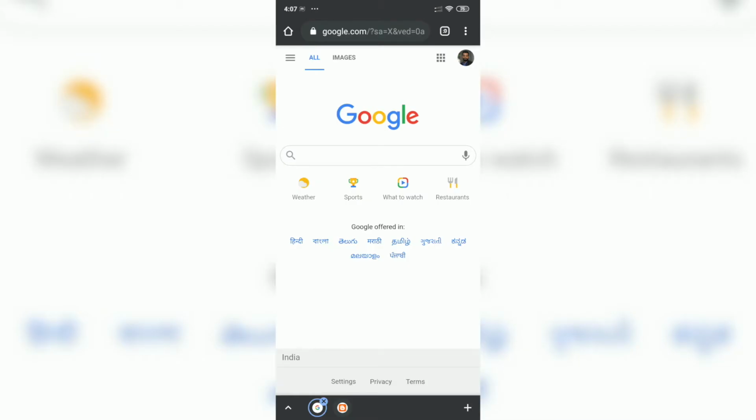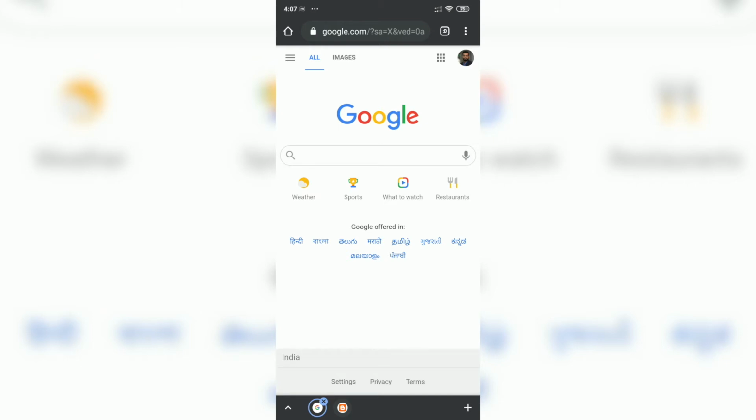So first you have to simply go to Google, and remember you have to do it over mobile phone. It is not currently available over desktop or laptop browser. So log in on your mobile phone, go to google.com. I have opened it in the Chrome browser right now. I've logged into my email ID.